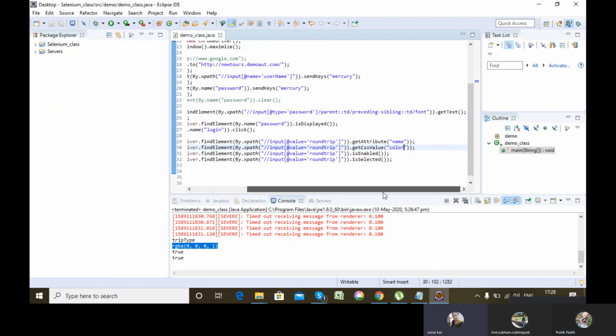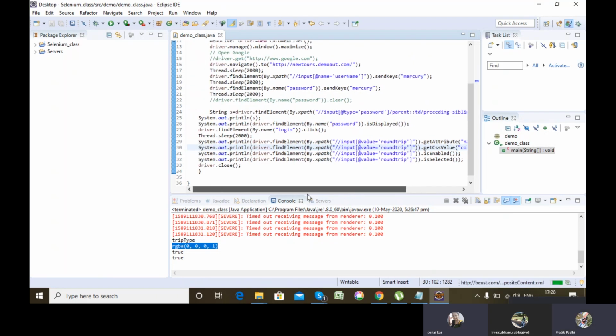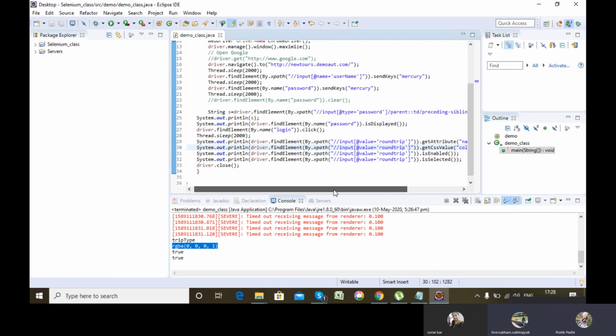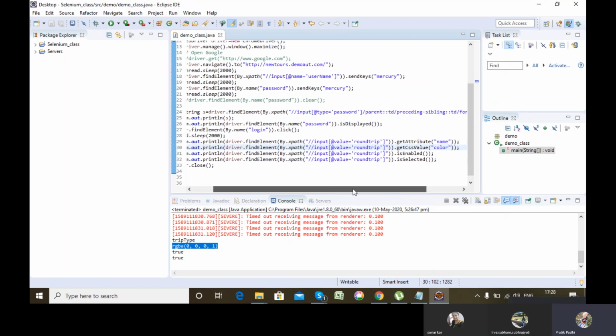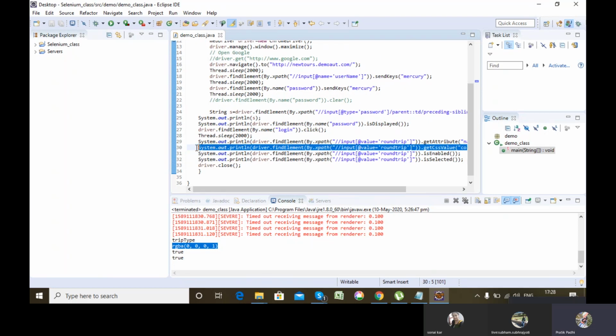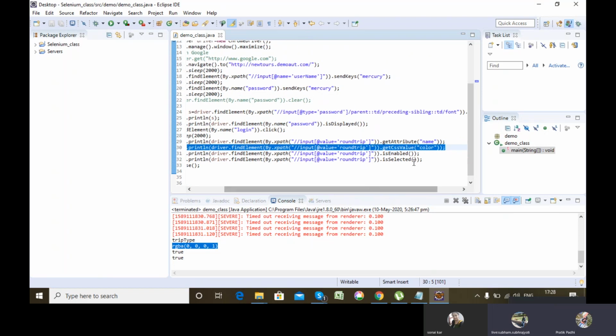Let's say, for example, I want to derive the tag name of this particular web element during runtime. So what is the tag name of this particular web element? Input.